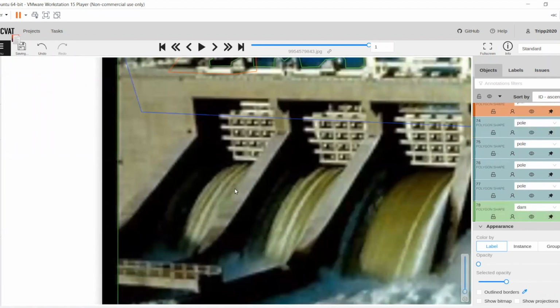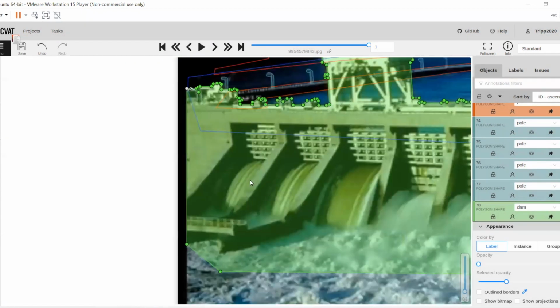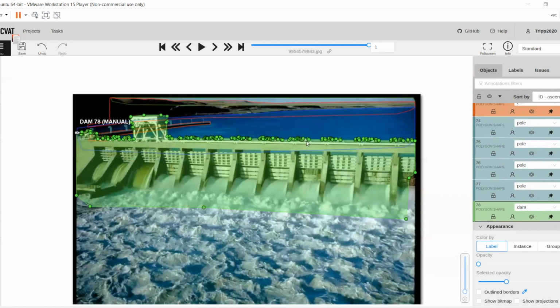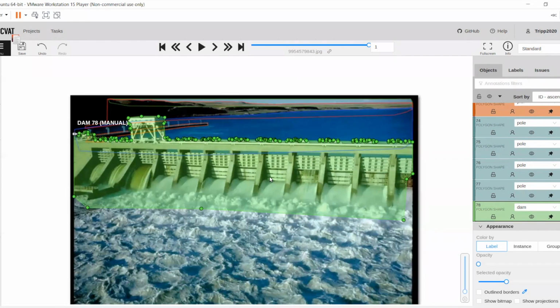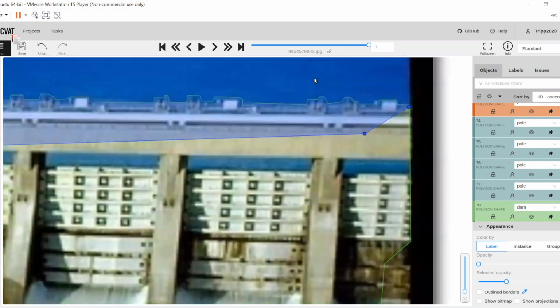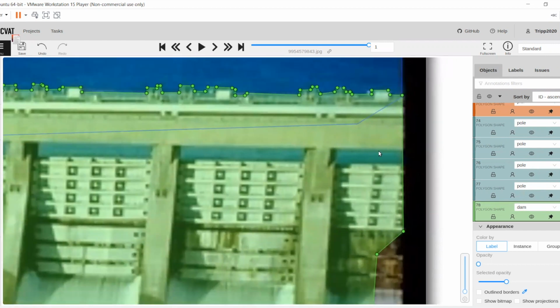At this point, it's a good point to mention that I should have been saving all along. Simply hitting Control-S will save your work. So with what I'd like to define as the extents of the dam finished, if I wanted to include one label for the reservoir and one label for the dam, and avoid creating individual labels for these pieces of water body, what I'd have to do is as follows. I would have had to,